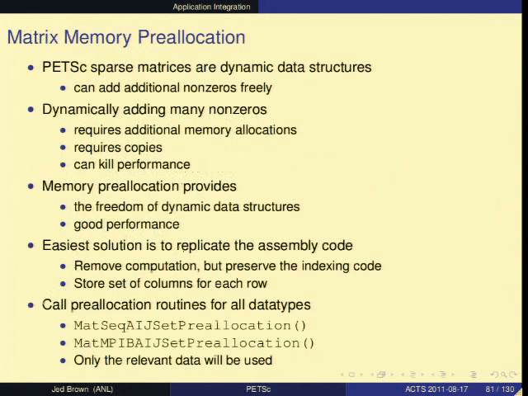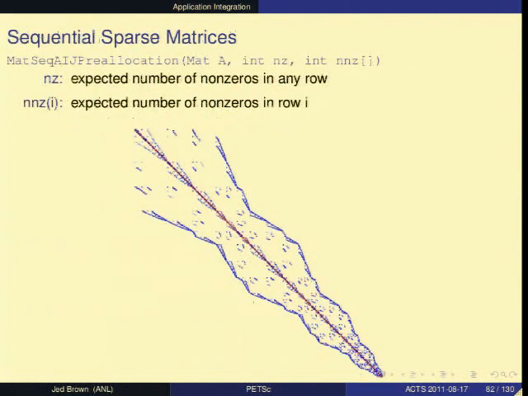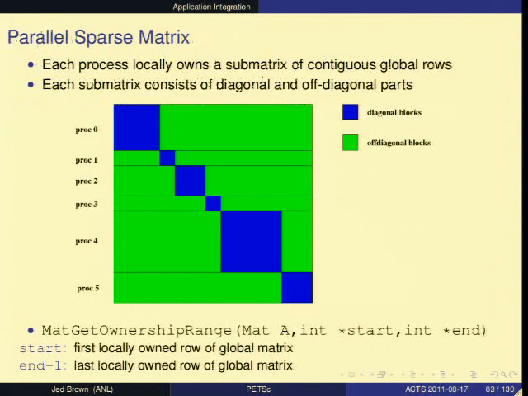So it's important to pre-allocate matrices, and this is kind of the dirty part. For the AIJ matrices, you basically just need to know the number of non-zeros in each row. And if the number is fairly constant, you can just use some, say, upper bound. So if you have a 7-point stencil, you can just put 7 there, not worry about this. And the boundary conditions where it's less than 7 cause no problem.